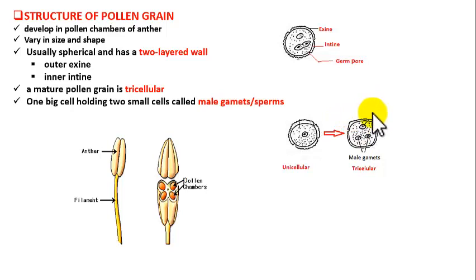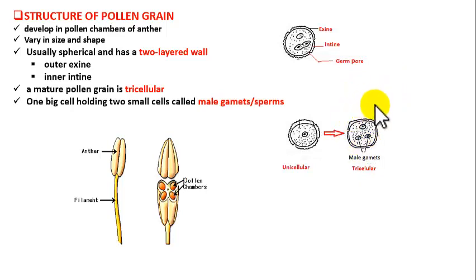Where are the 3 cells here? So these 2 are 2 cells, the male gametes, they are called male gametes, and the third cell is this big one. The big cell is holding 2 small cells. Now what is this structure then? This is the nucleus of the big cell. Got it? So inside this big cell there are 2 cells, and this structure is the nucleus of this big cell. So this is what is called a tricellular pollen grain, and this is the fully matured form of pollen